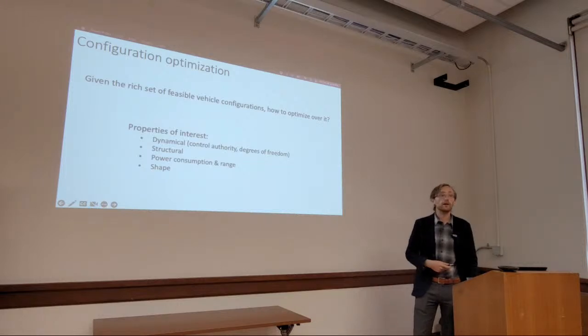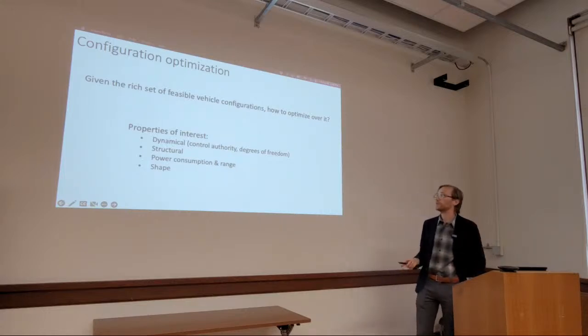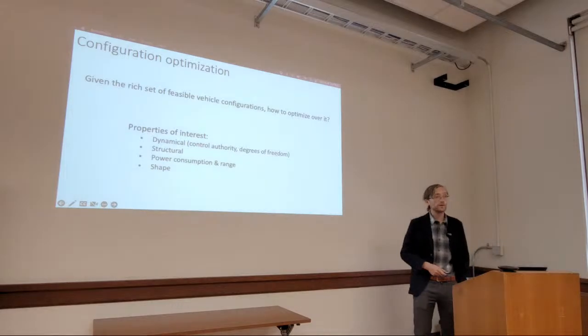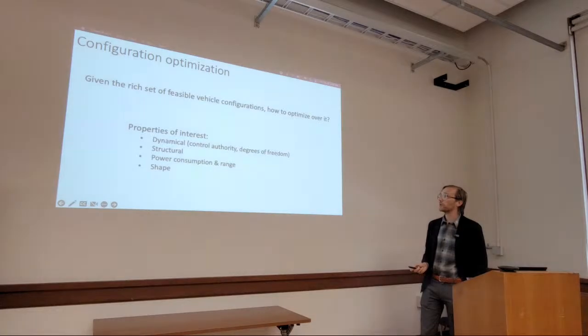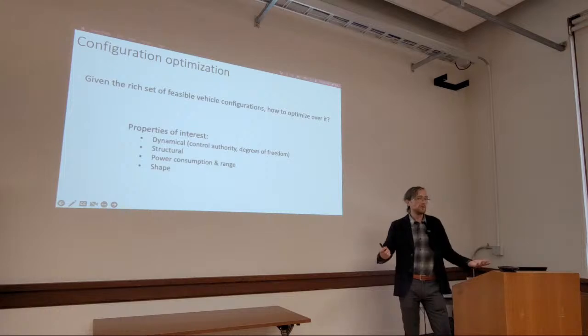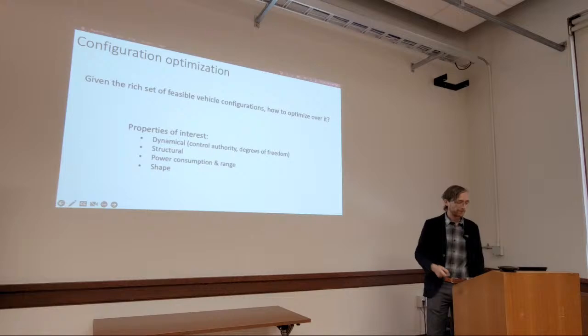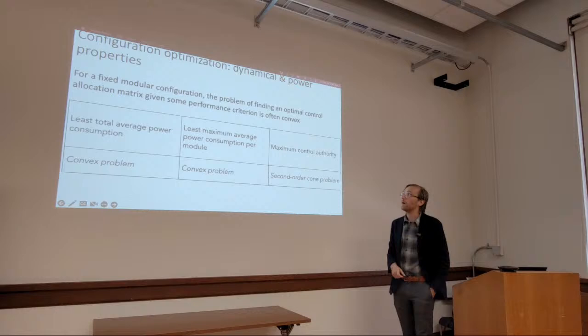And there are several things that are of interest that we want to optimize over, either as performance to optimize or as constraints. And so we can consider dynamical properties, mostly control authority or the degrees of freedom of resulting configurations, but structural properties as well, because we want the structure to be able to hold its own weight. But we also want to look at power consumption, range, and eventually shape. That might be a criterion, having a smaller profile for a vehicle. So starting with control allocation or control authority,